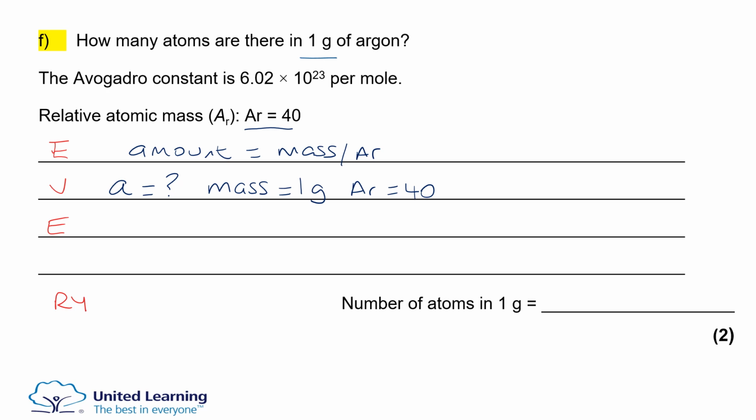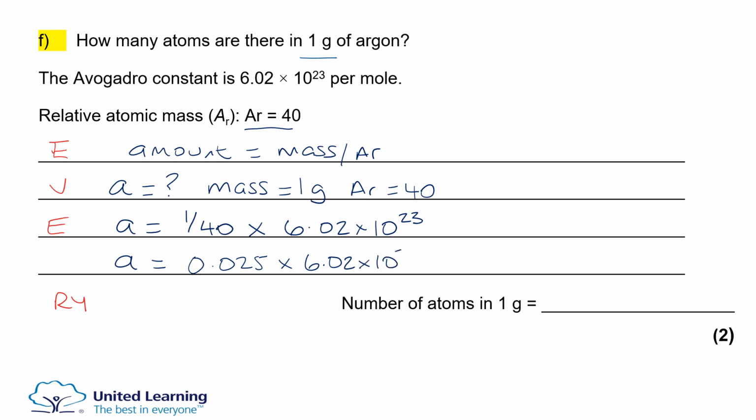The second E is for equation, where we substitute the values in for our variables. So amount equals 1 divided by 40 times Avogadro's constant. And then always go ahead at this point and calculate anything that's in brackets or any fractions. So pop that into my calculator. 1 divided by 40 equals 0.025 times